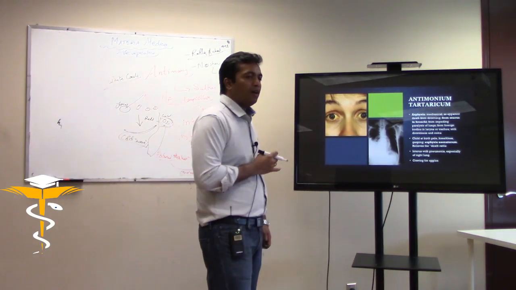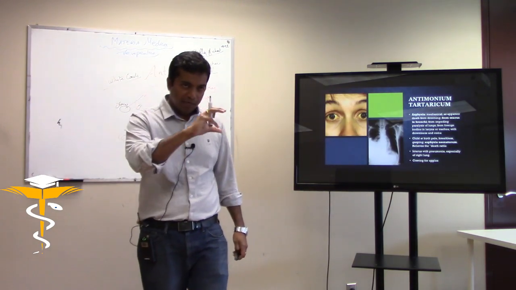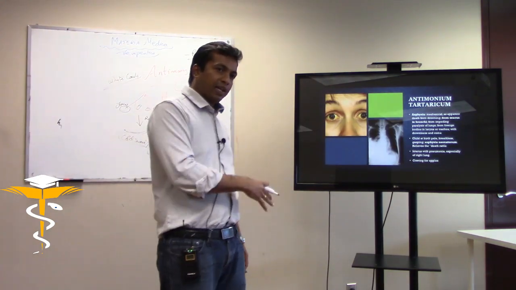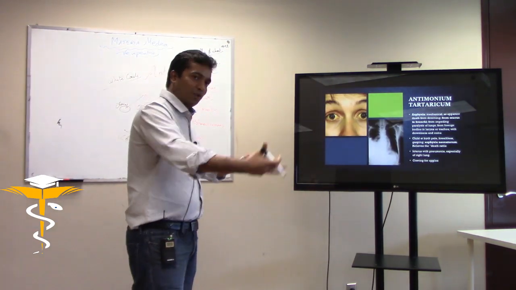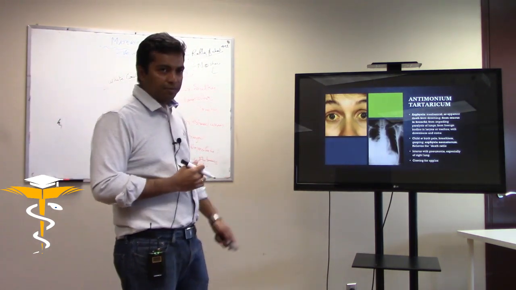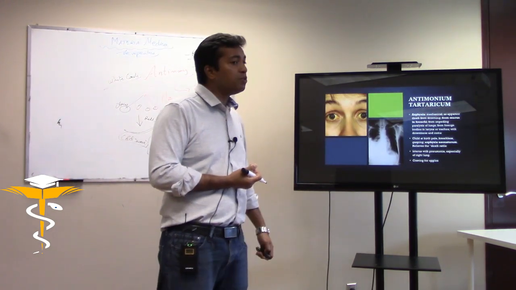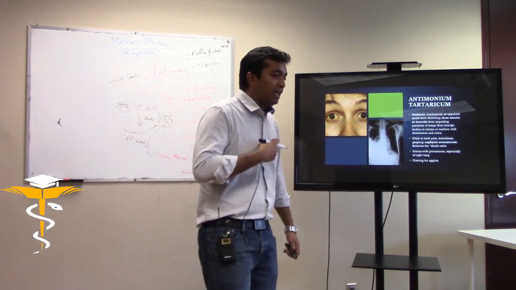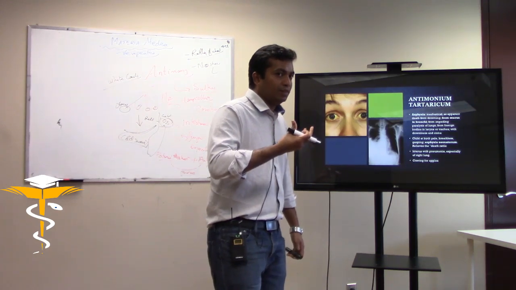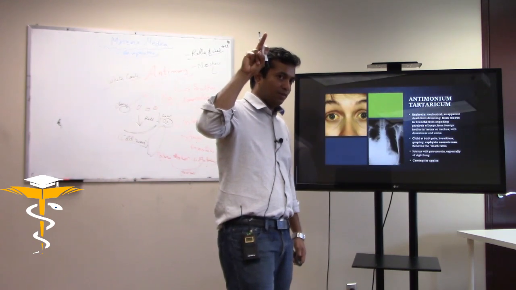Now, we call it a lot of medical terms that you'll find if you're reading Boericke's Materia Medica, he uses medical terminologies. If you read Kent's, he'll talk like a story. So, bringing all that together, asphyxia, that's how the patient will present. It could be mechanical. Why are they using the word mechanical? Because something mechanical, he's not able to bring it out. That's where Antim tart can be applied. Remember, it was used as an emetic also in the past.